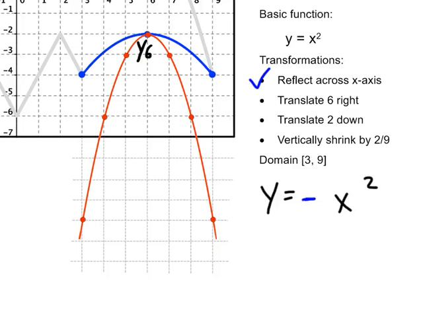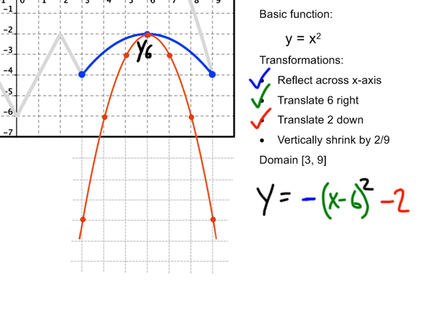If I want to translate it 6 units to the right, hopefully you're already ahead of me on that one, I'll erase the x and put x minus 6 in parentheses, emphasizing those parentheses here. That's 6 units to the right. If I want to do 2 units down, that's at the end a minus 2. And finally, if I want to vertically shrink this by a factor of 2/9,